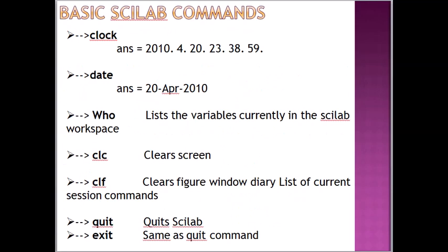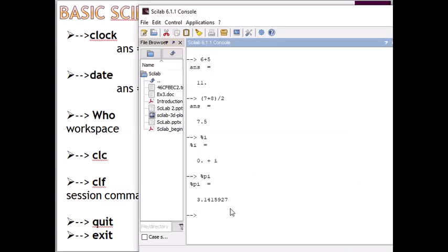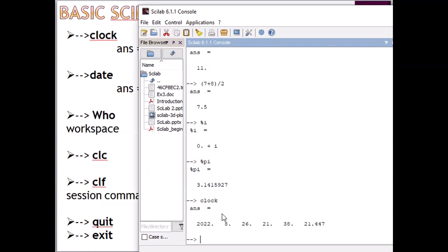Next, the basic Scilab commands. If we write the command clock, then we get the exact time of our operating system. If we write clock, then the time will come.